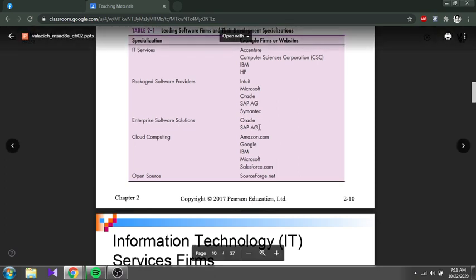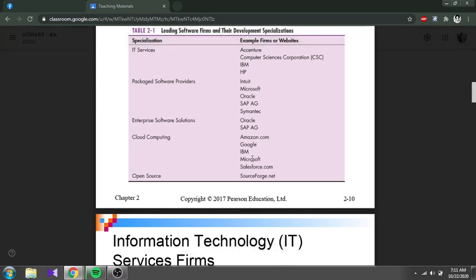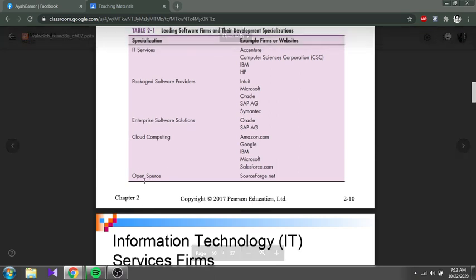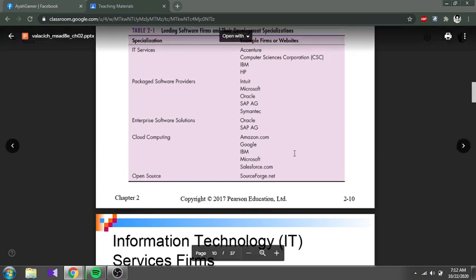ERP is mostly Oracle and SAP, and for cloud computing mostly I think Google, IBM, Microsoft also have part of it, and Amazon. And open source, actually open source is more on, I can say, Linux. Pernah guna ni tak, Open Office pun is open source, Joomla, and also WordPress, so web systems punya ni is open source also.